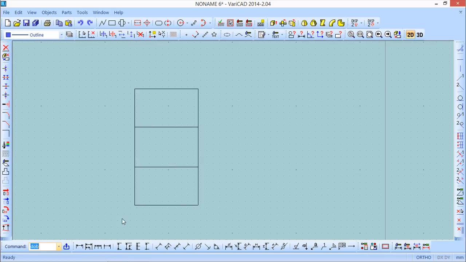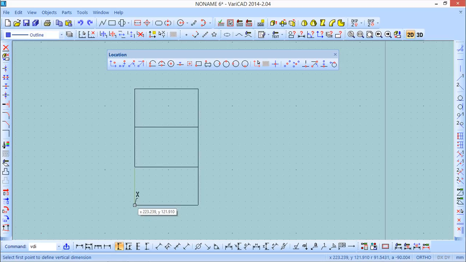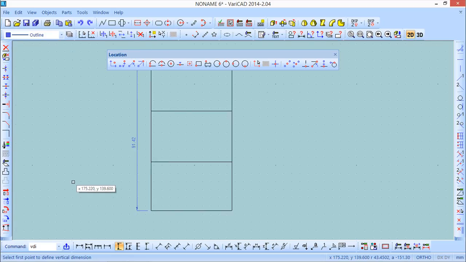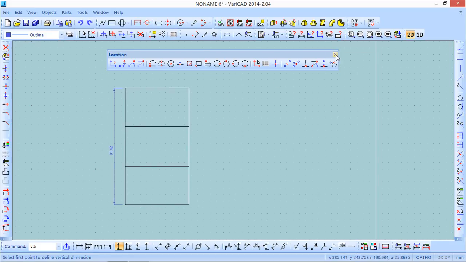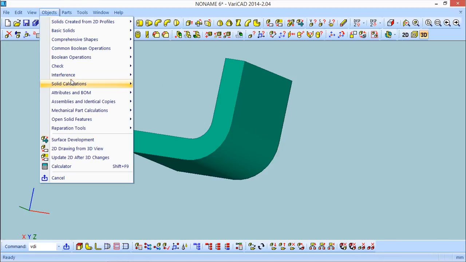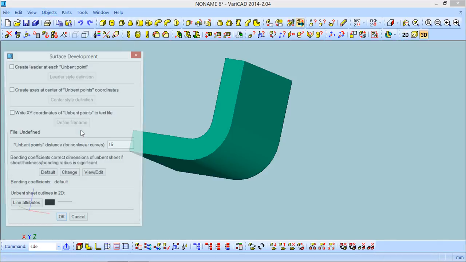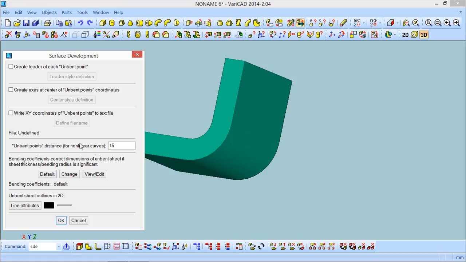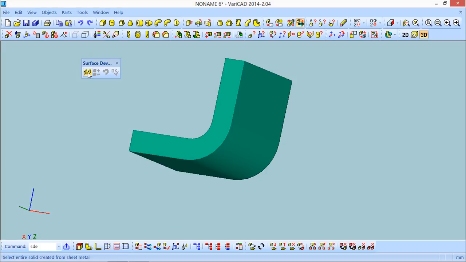Okay, I will make a dimension here to show how much we have. 91.42. If I go there again, and now I say surface development and do the exact same function outside again,